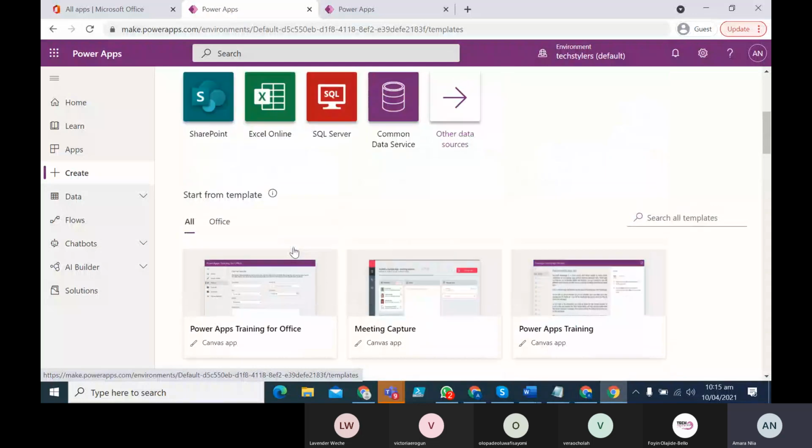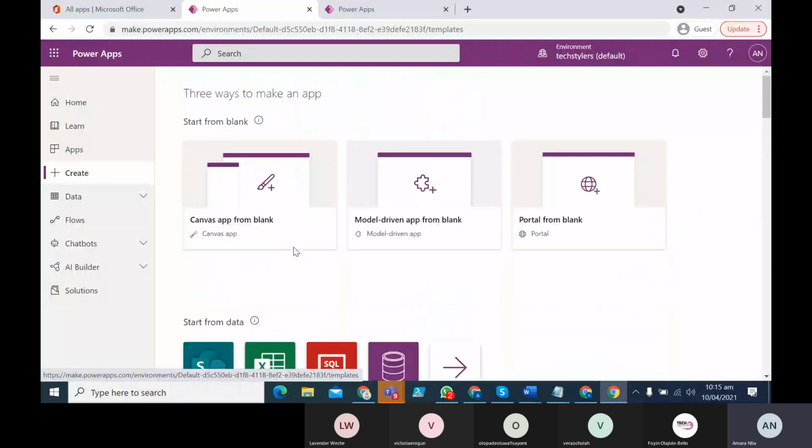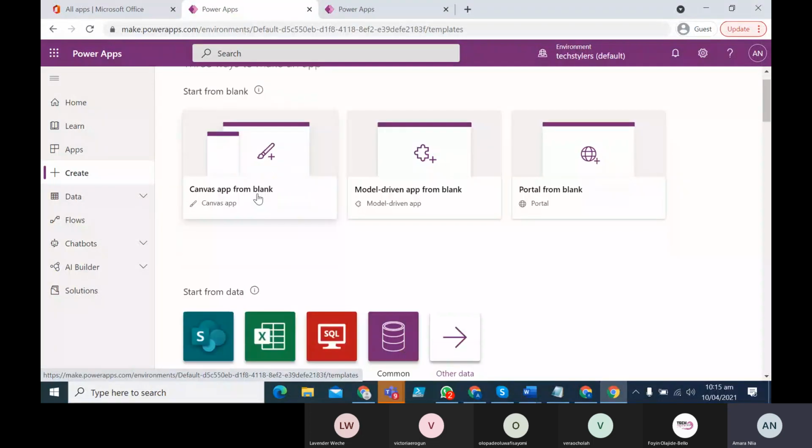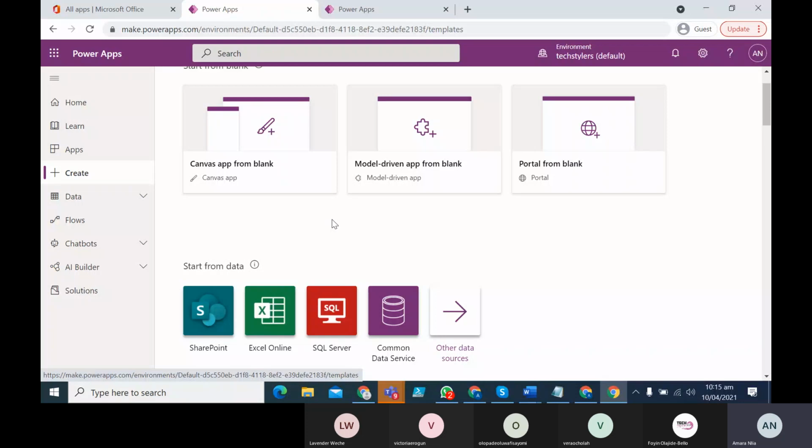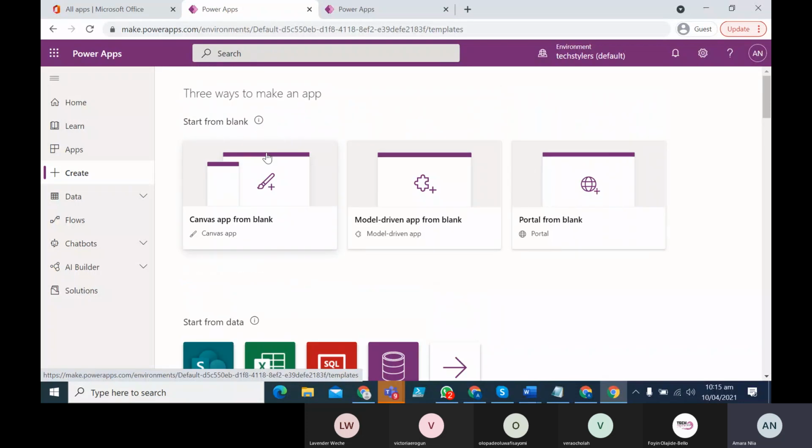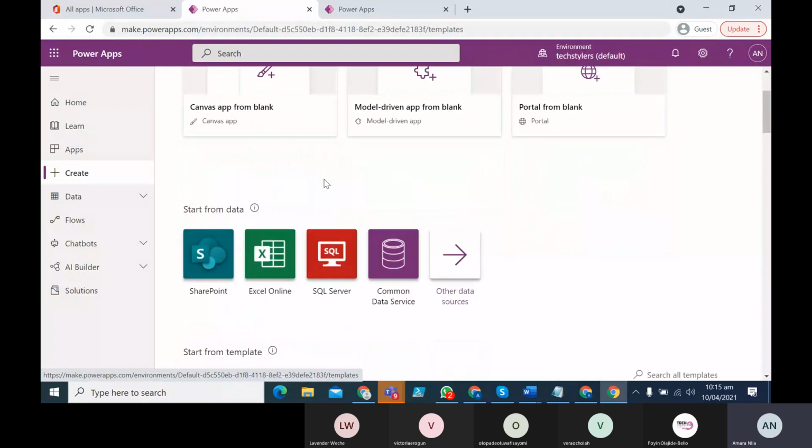So if you want to create from blank, creating from blank is quite the norm. People prefer to create from blank than to create from data. It's not that they don't function the same way. Creating from blank actually gives you the option of increasing the size of your app. But if you are creating from your data source, that's from your SharePoint or from the others, they usually come,